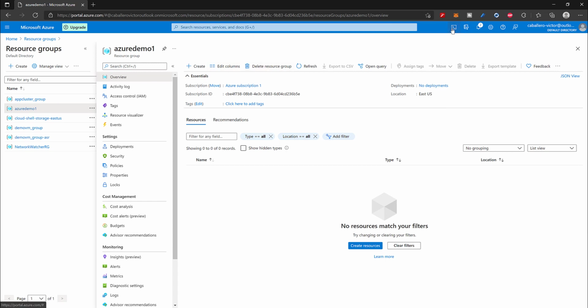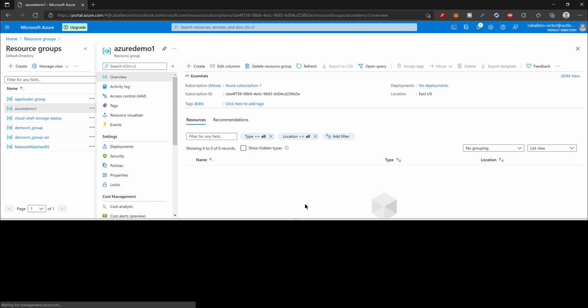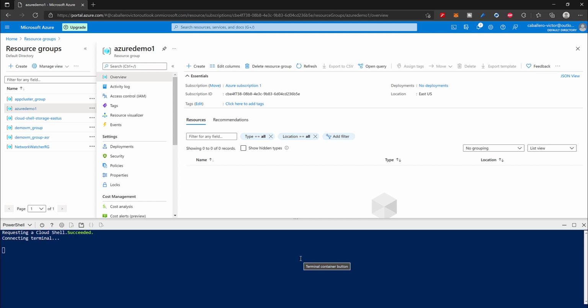We'll go to this icon right here. It's called CloudShell. It'll pull up a PowerShell command prompt. It's going to load the terminal. All right. Now we'll clear this. Now we'll go ahead and paste the command, and you can find this command down in the description down below. So we'll go here first